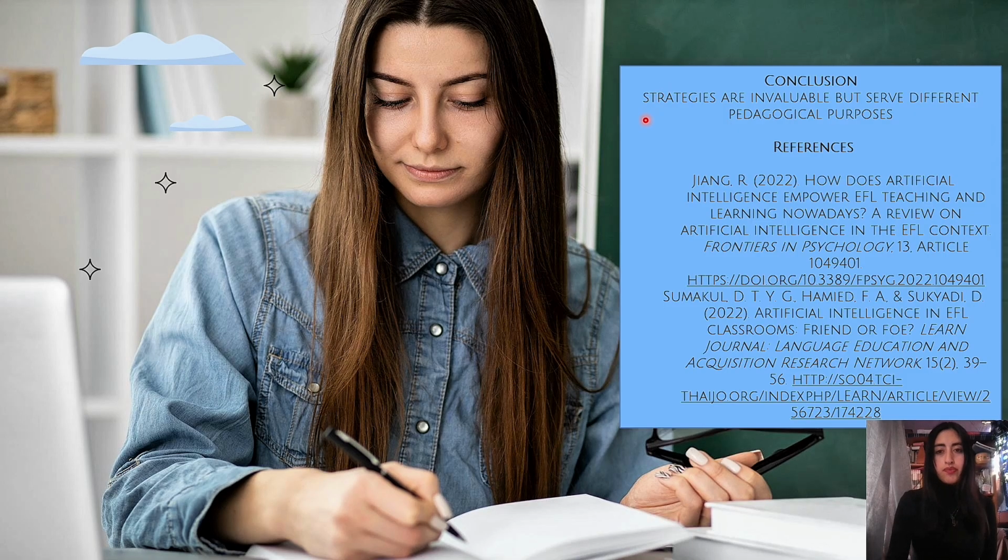In conclusion, both strategies are invaluable but serve different pedagogical purposes. For example, the SAG method captures the essentials of a theoretical review, while the 5Ws and 1H ensure a complete breakdown of empirical data. And for the reference, in this case, I used the 2 articles that I demonstrated before, and this is the